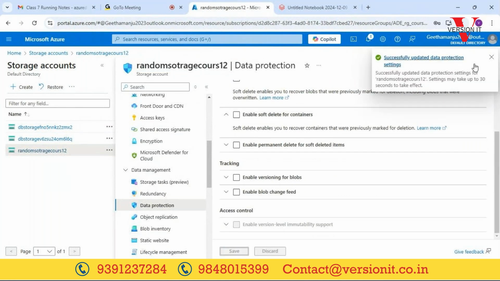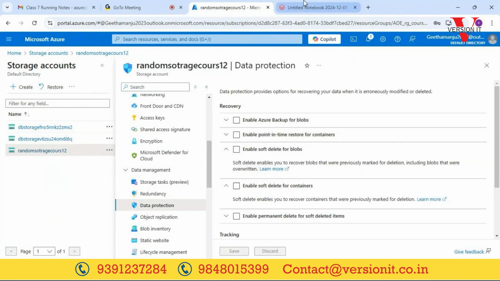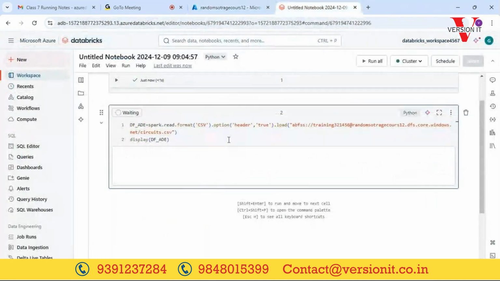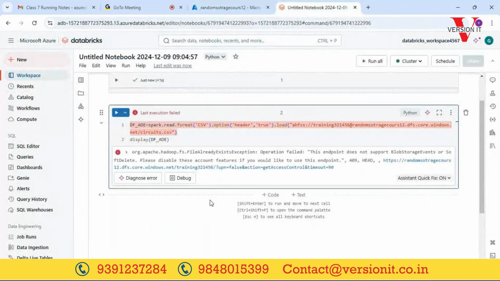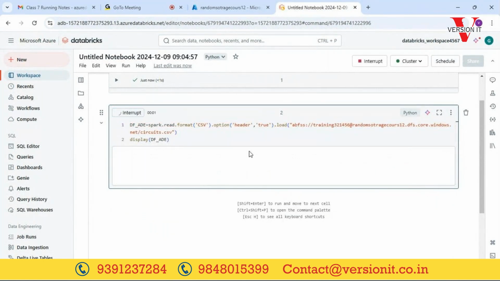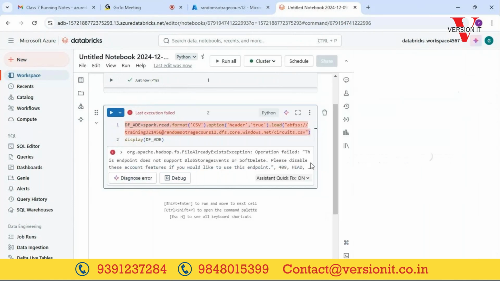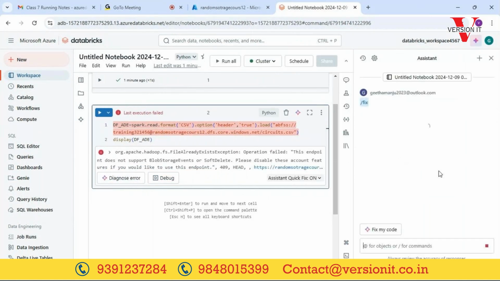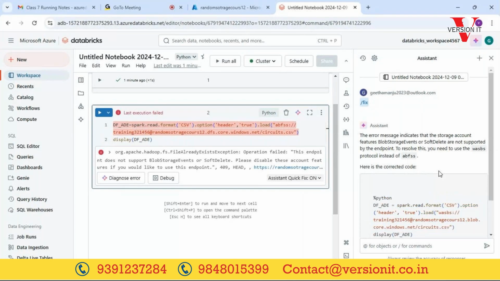This is what I told, right, Suraj? Yeah, I also had some errors before that, but now it's resolved. Whenever I have any issues, I always diagnose. Someone also was trying actually. The error indicates that the storage account feature soft delete is not supported by this endpoint. To resolve this, you need to use